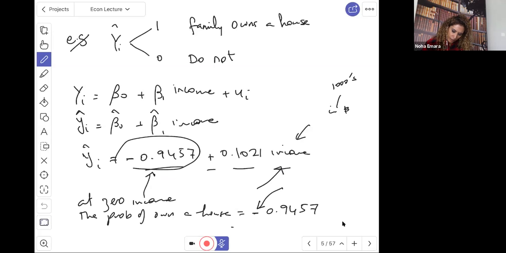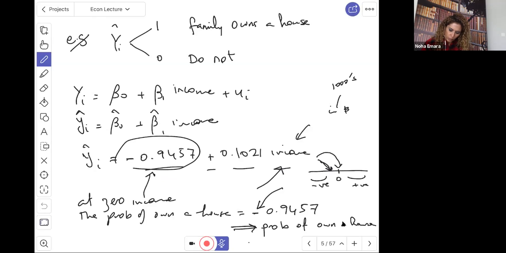So we can say probability, because it's close to the 0, right? And we don't take the absolute value. So this is the 0, and here is the negative part on the number line, and this is the positive part. Whenever our value falls around the negative, then we just say, okay, let's approximate it to the closest one. Is it closer to the 0 or 1? It's closer to the 0. So we're gonna say, okay, the probability of owning a house is equal to 0. So at 0 income, my probability of owning a house is equal to